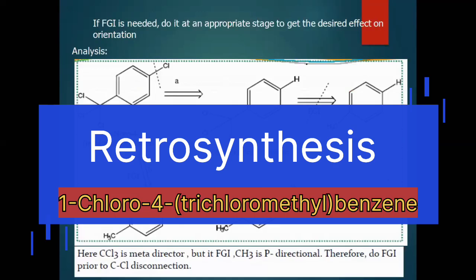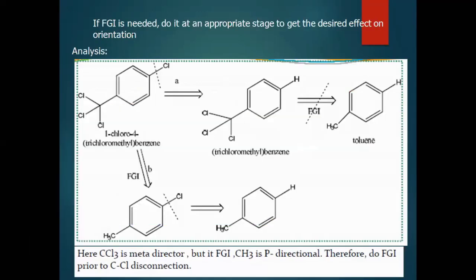Okay, so next point you need to keep in mind while doing the retrosynthesis analysis: if FGI is needed, do it at an appropriate stage, to get the desired effect on the orientation. So here is an example: 1-chloro, 4-trichloromethyl